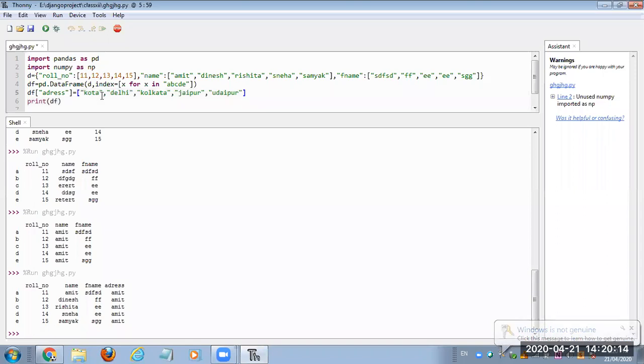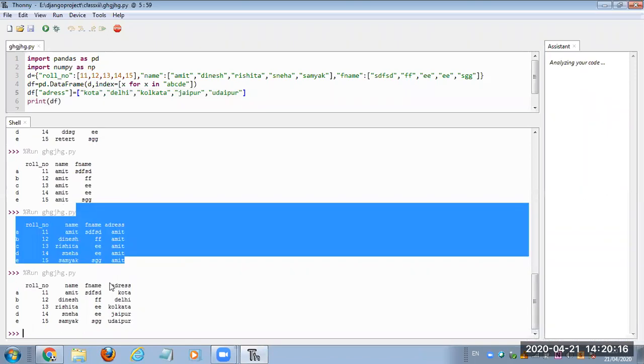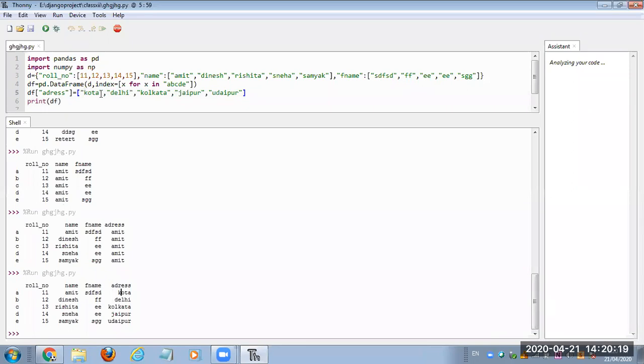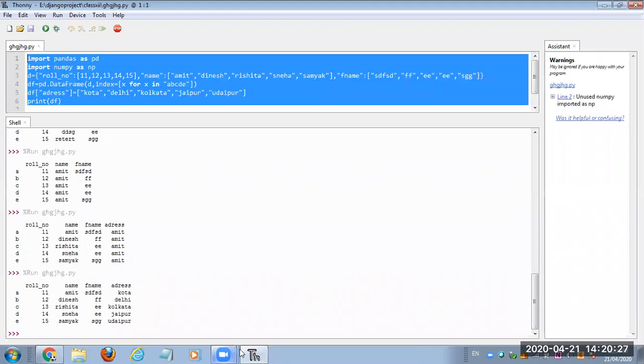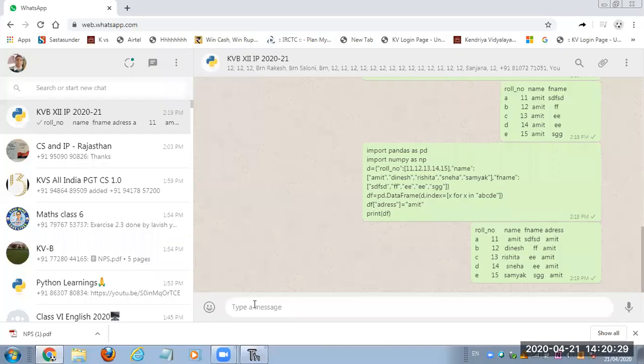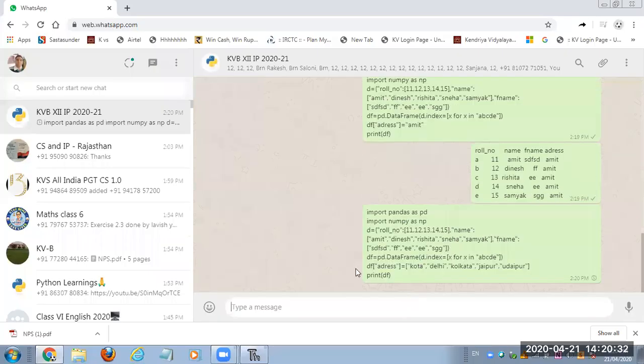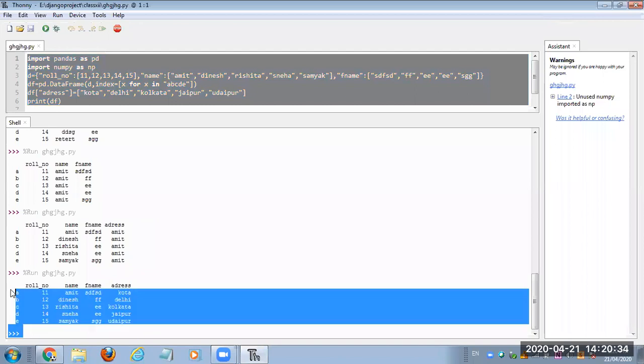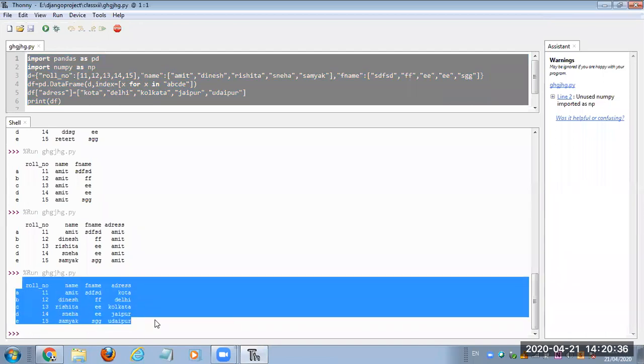Okay, like this also I can do. So in this case, what will happen? Kota will be assigned to the first row, Delhi to the second row, Kolkata to the third row, then Jaipur, then Udaipur. So like this, we can add a new column in the data frame. I am sending this in your group also. Is it clear or not?